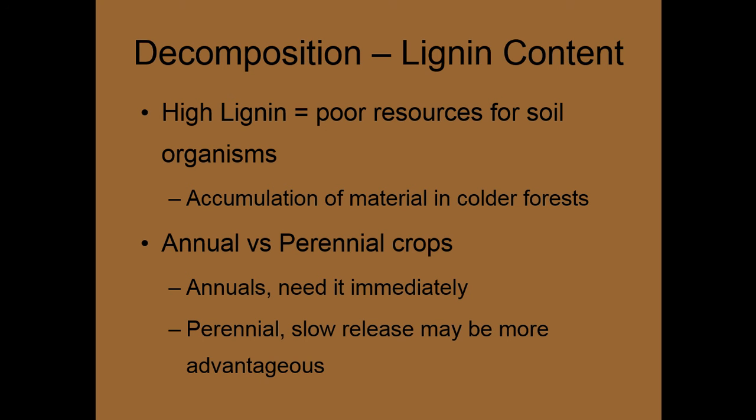And in annual versus perennial crops, annuals need that input immediately. For perennials, a slow release might be more advantageous. Perennial crops often require smaller inputs for a longer time, and their natural cycle is likely providing enough nutrients for that plant to grow. Annual crops only have a very short time to grow before they are terminated, and so they often need higher inputs in